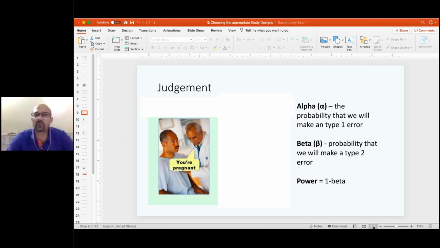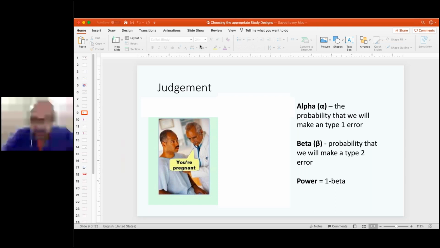We have a Judgment type alpha, type 1 error, which is false positive. No, alpha, beta, power, that you are pregnant picture, I'm not getting that. I'm seeing slide 9. Is it in slideshow mode? No slideshow. Oh, fair enough. So I can't move without a slideshow. So let me take away whatever was hidden on this.